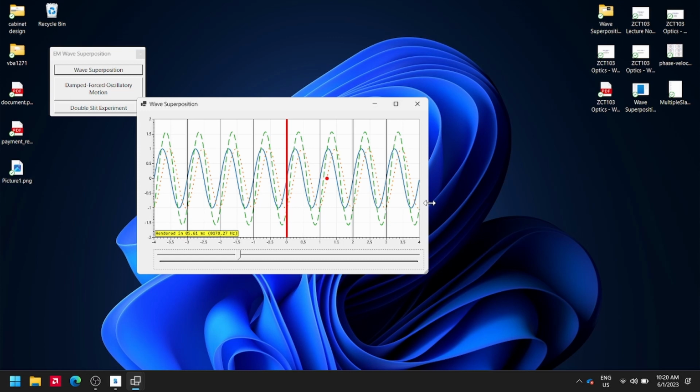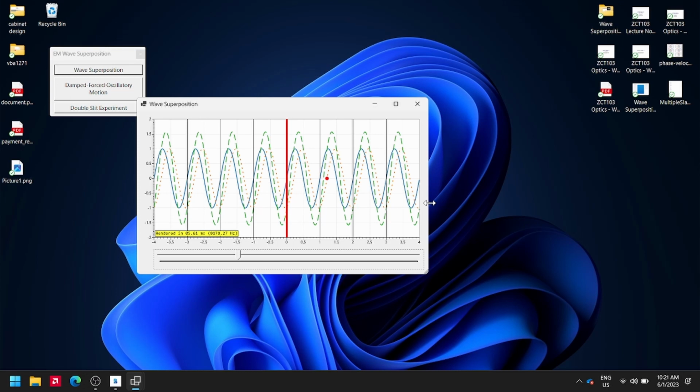Maybe I emit the wave first, and then after that, your friend emits the wave. So we have the timing difference, and that will incur the phase difference as well. I would say it is the temporal. Temporal is related to the time. So, temporal phase shift. And then we have another one, which is the spatial,